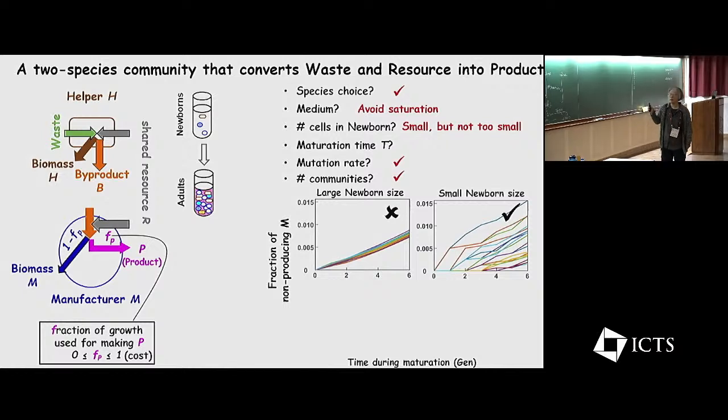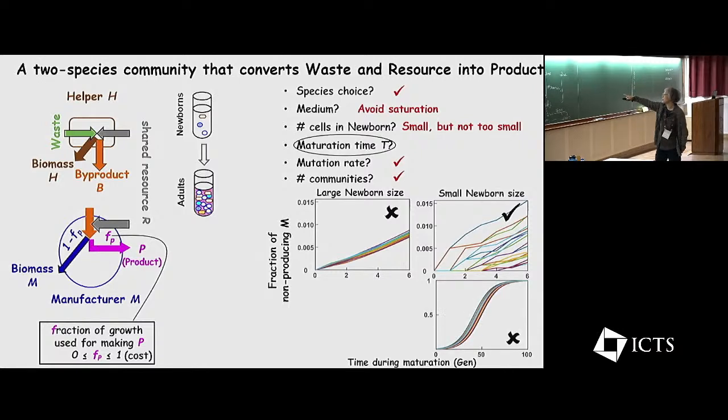And the maturation time, the duration of this time, right? So we said the top is short, and the bottom is long: the top is 6 generations, the bottom is 100 generations. If the generation is very long, then again, you have deterministic cheater fixation. So we know it should be short, but not too short. So today we'll continue this, about how to design such experiments